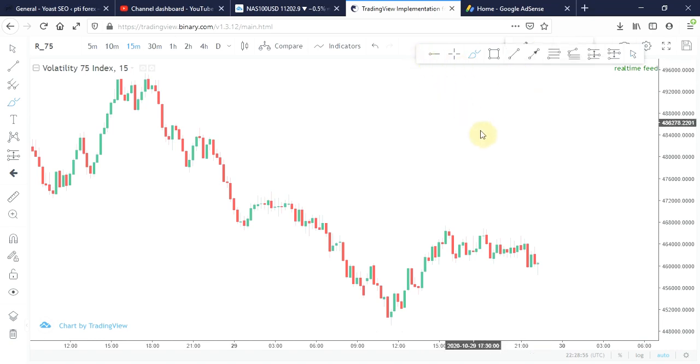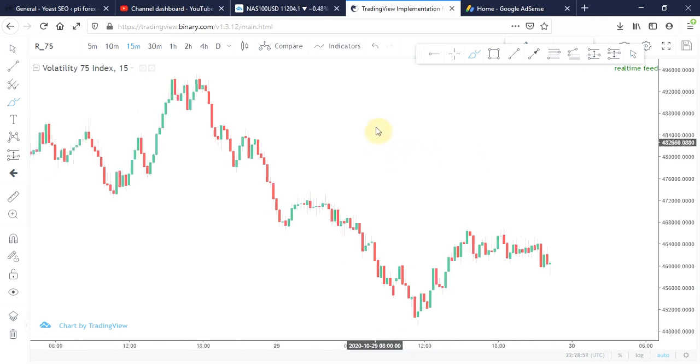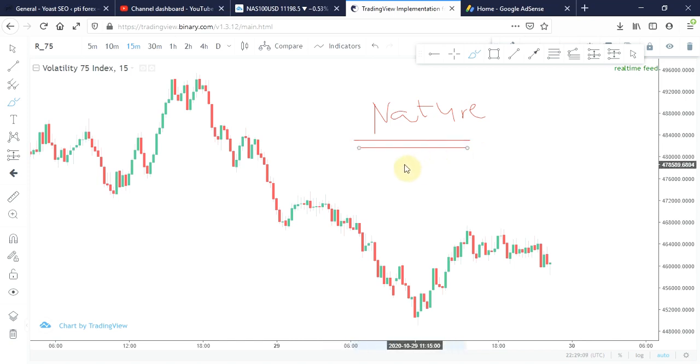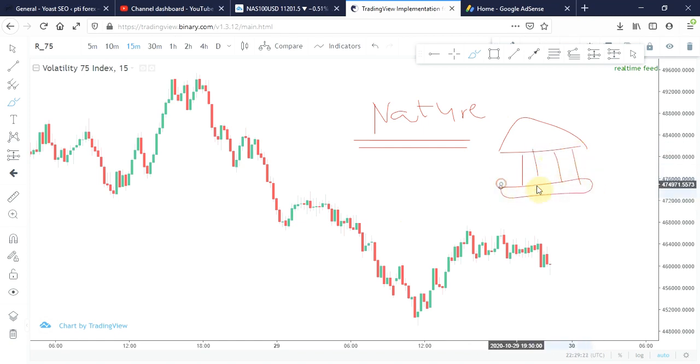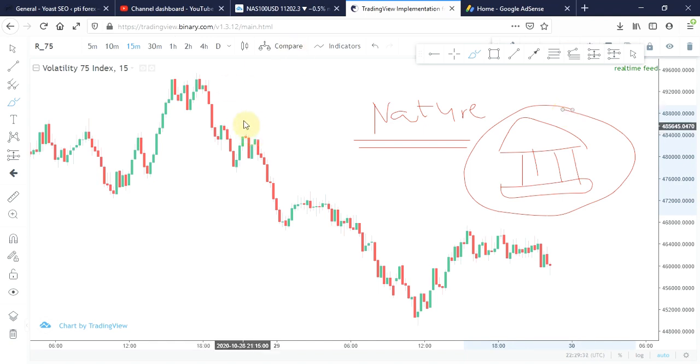The first thing that you need to understand as a trader is the nature of this asset. You must understand the nature of this asset. When I'm talking about the nature, I'm talking about the fact that this is not a currency, or an economic asset. So if it is not an economic asset, the way it behaves is not going to be affected by economic news, economic events or any other economic factors, because this is a synthetic